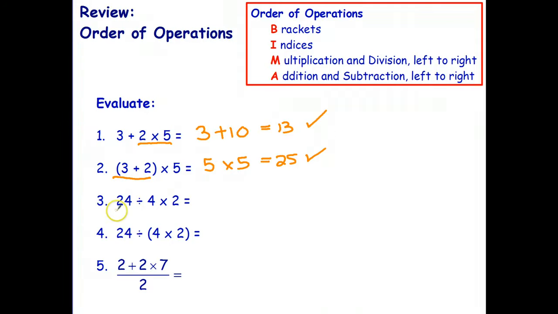Okay, students, let's see how you went. So the first operation I have to do here is divide. Multiplication and division are equal, so we just start at the left. 24 divide 4 is 6,